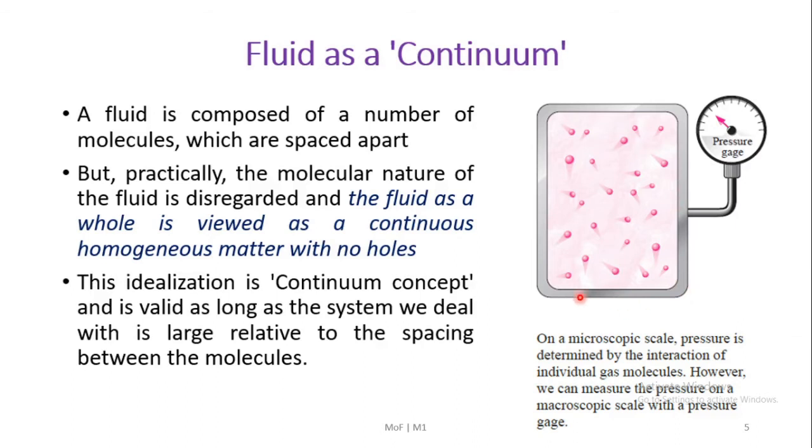a pressure cooker to which a pressure gauge to measure the pressure inside the cooker is attached. Let some heat be input into the content within the pressure cooker. So what happens? The atoms or molecules within the pressure cooker will absorb this energy. Obviously, their kinetic energy will increase. They will move randomly, collide with each other, and also with the wall of the container, which will exert some pressure within the pressure cooker, which can be read using this pressure gauge.